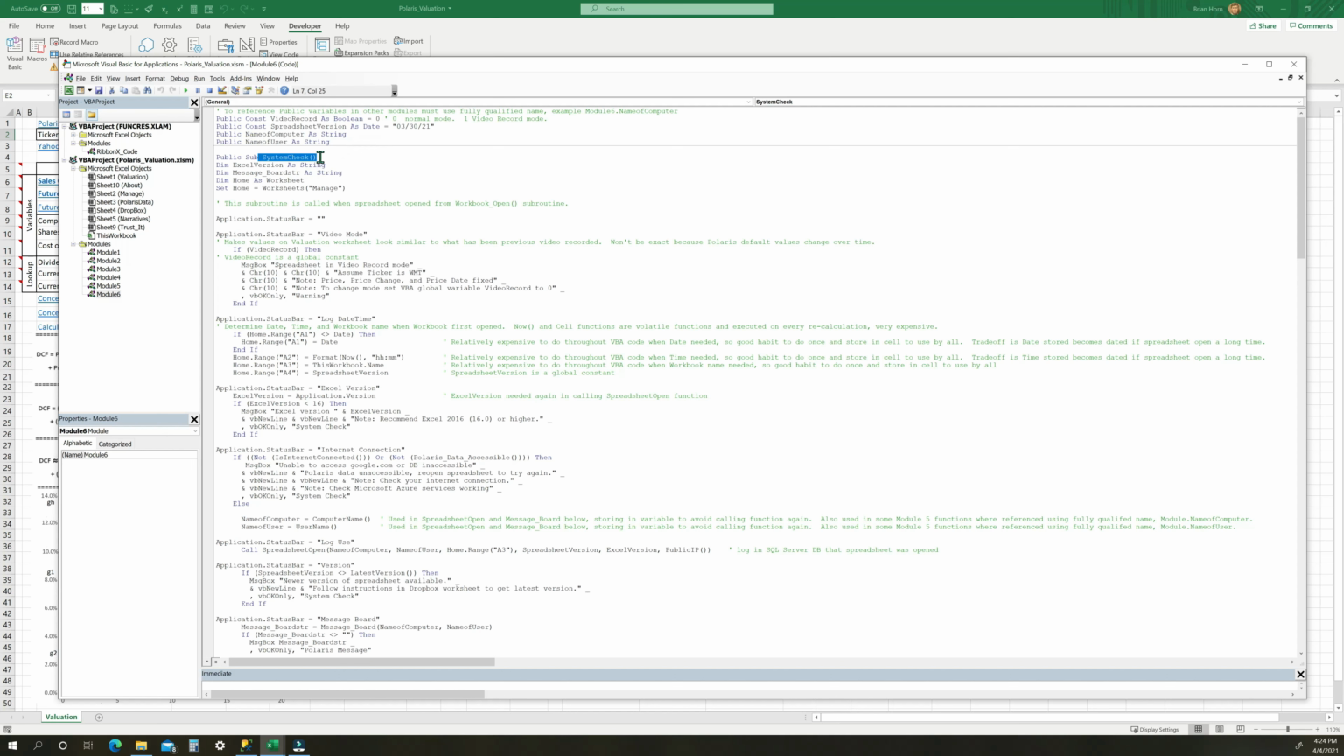So let's go look at SystemCheck here. First of all, does this check to see if you're in video record mode, and then it just shows it when the spreadsheet is first opened. This message is displayed just to remind the user that you're in video record mode. This is really only for me, a developer, a recorder of a video, that would ever set this to anything